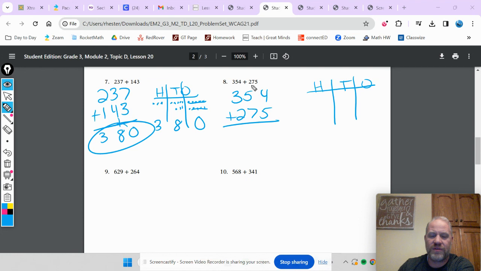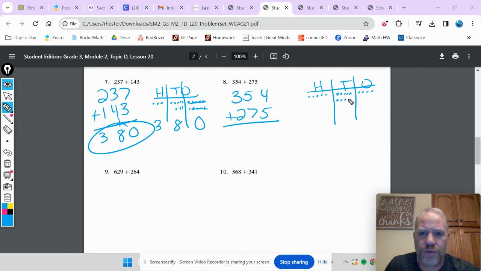There's nothing close to a 10 that would make it so we don't have any borrowing or regrouping. I'm sorry, some bundling. So we know we just have to add it up. 1, 2, 3, 1, 2, 3, 4, 5. Then I have 4 ones, 1, 2, 3, 4. Then I have